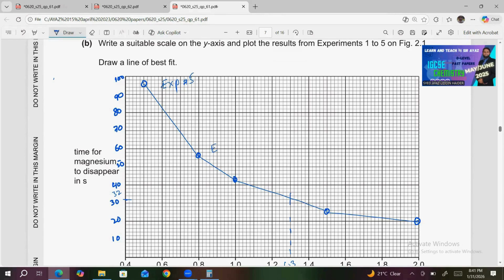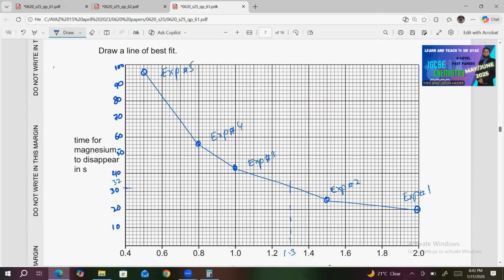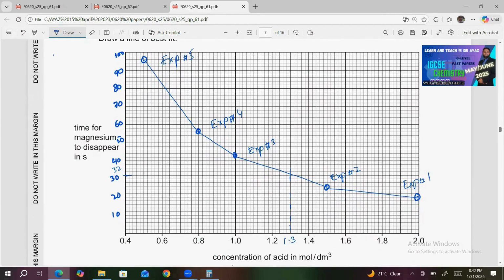This one experiment 4. This one experiment 3. We have experiment 2, and the last one experiment 1. Because in experiment 1 you have 2 mol per dm³ acid, and the time for the magnesium to disappear,